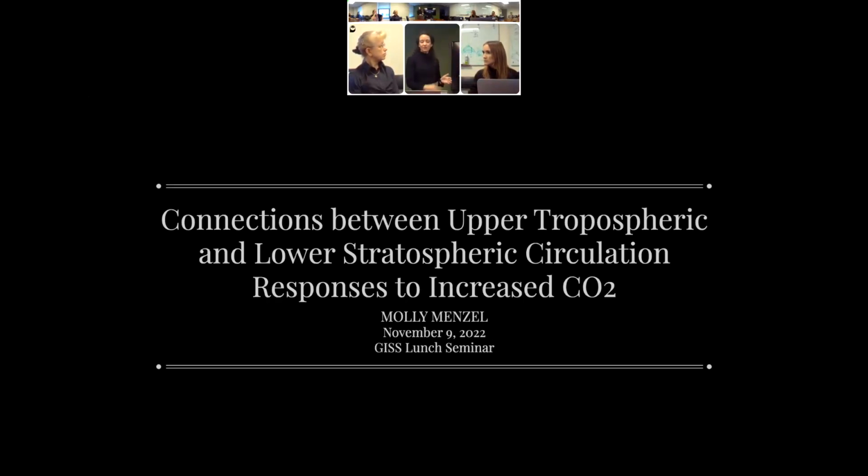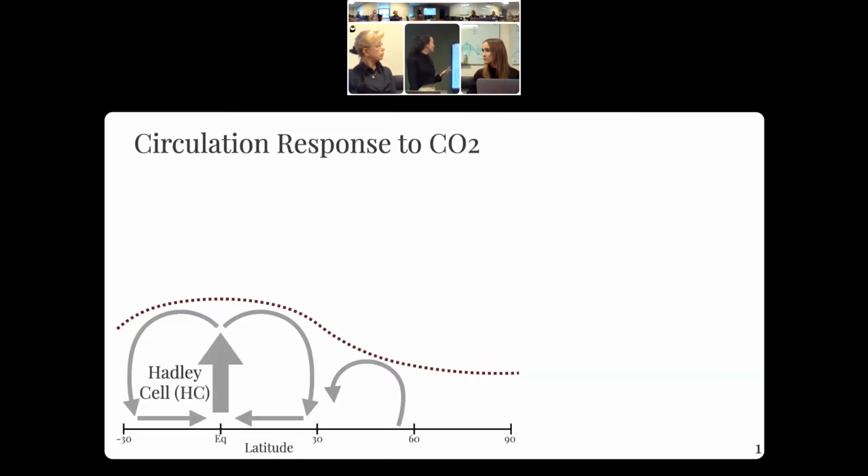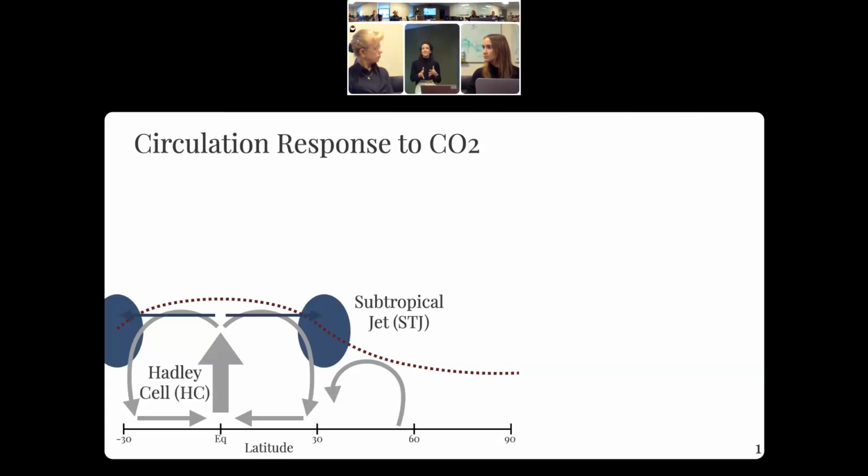Before, as an introduction, I really want to highlight the circulation features of most interest to this work. In the troposphere, that starts with our Hadley cells, a major aspect of circulation in the troposphere. In the upward branch of the Hadley cell, as that air circulates forward, its distance to the axis of rotation of the Earth is decreasing, and so we have an increase in zonal winds with latitude due to angular momentum conservation. And so we typically see the subtropical jets at the latitude of the Hadley cell, and the subtropical jets are